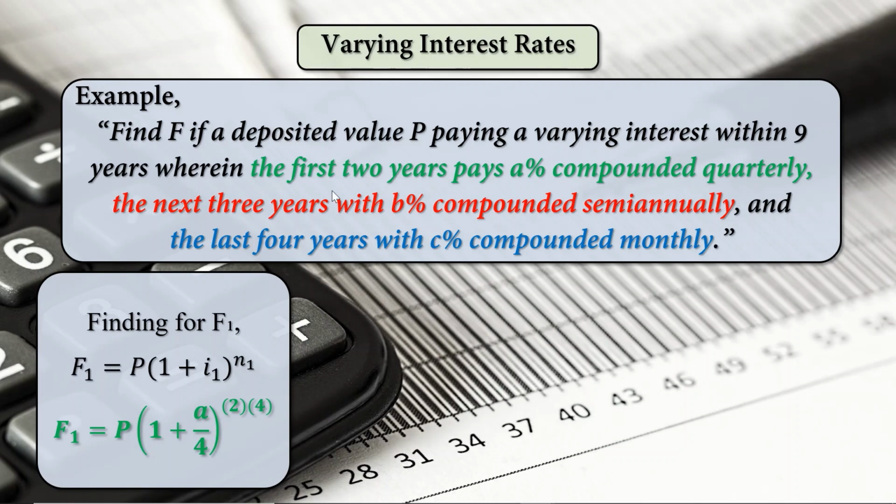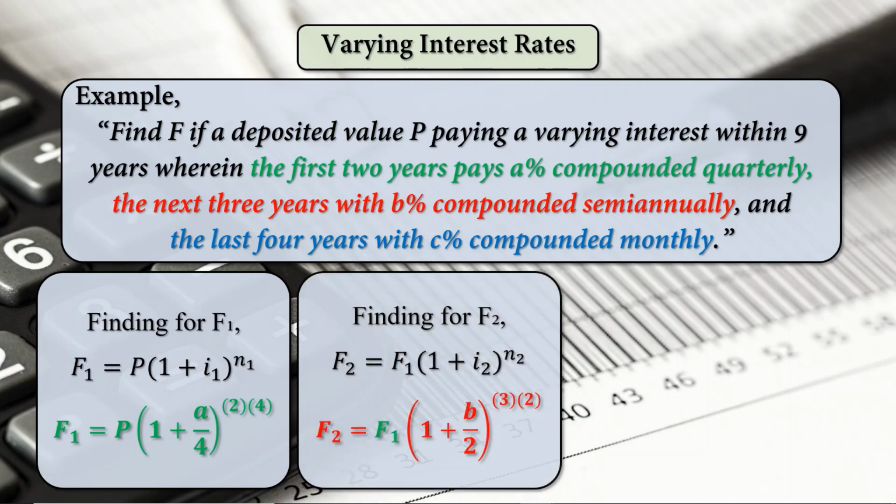So that is equal to P times 1 plus I raised to N. Okay, so I1 meaning yung first interest natin and N is the number of frequency. And sa statement natin, P times 1 plus A, ito yung ating J. Okay, yung A natin is J over 4 kasi yung M natin is quarterly. Raised to 2 kasi 2 years times 4. Then that is M. Then finding for F2, yung itong nakapula, the next 3 years with B% compounded semi-annually,